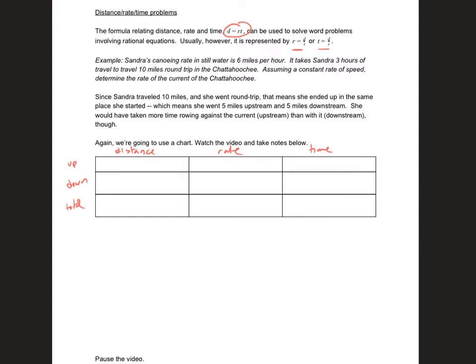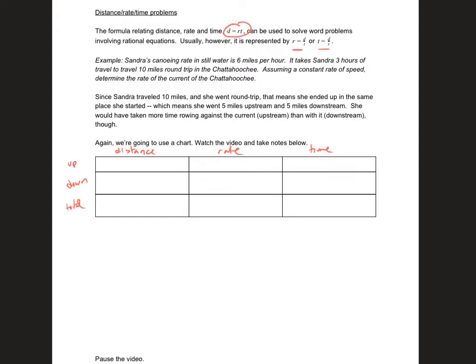However, she's going to be rowing in a current. If you think about the way that currents would affect how you row, if you're rowing with a current, it would be like you're rowing 6 miles an hour on your own, but the current adds whatever its speed is to your speed. And if you're rowing against a current, it would subtract away from your speed, so you'd be going relatively slower. So when we're looking at the rates here, we're going to say the rate upstream is going to be